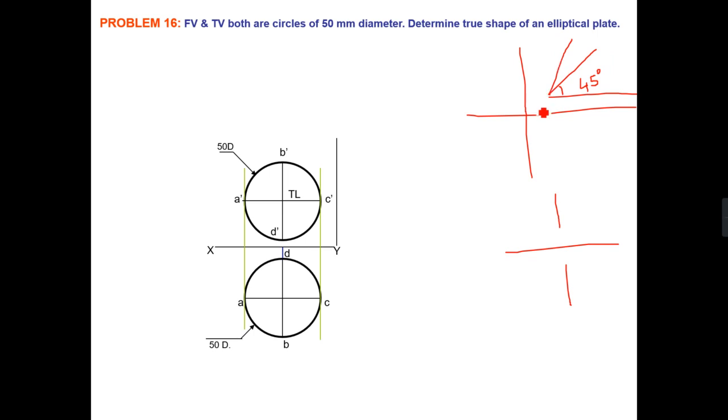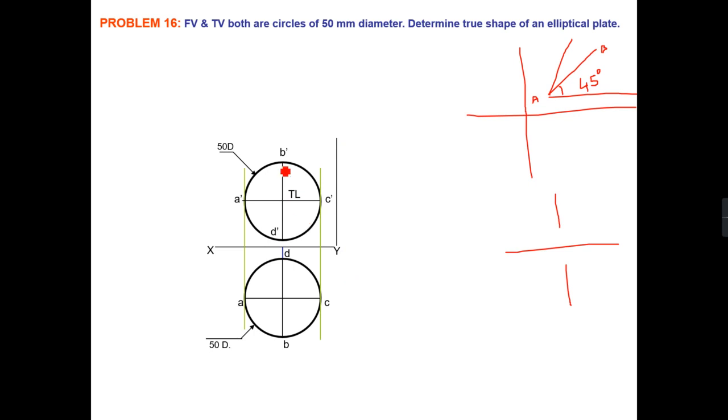right? So basically, this line we have drawn is nothing but your side view, right? Means in the side view we are getting the true shape. So first of all, I will draw a side view of this elliptical plate. For that, I will draw a straight line,